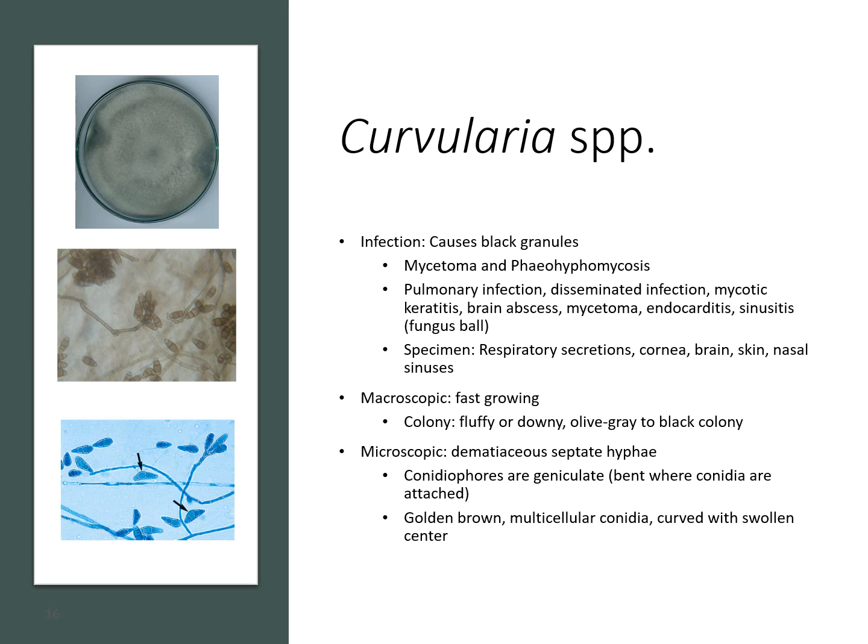The colonies can appear fluffy with an olive gray type appearance. You can see an example up top where it kind of has that olive color grayish tint to it. The microscopic appearance is septate hyphae,